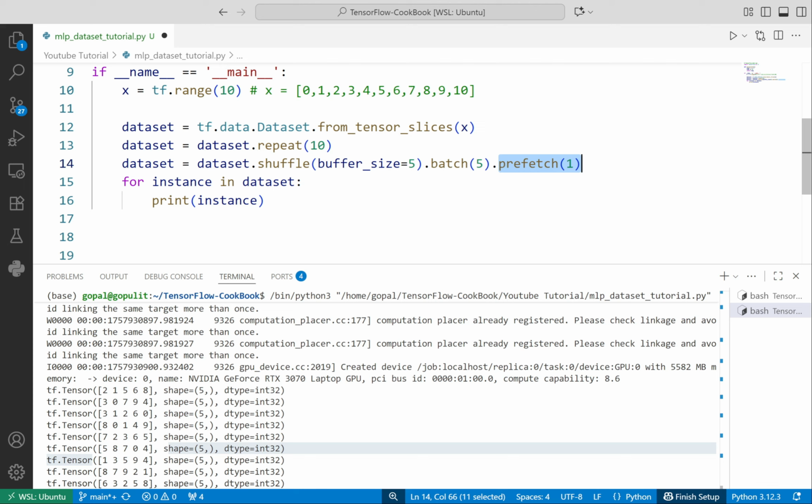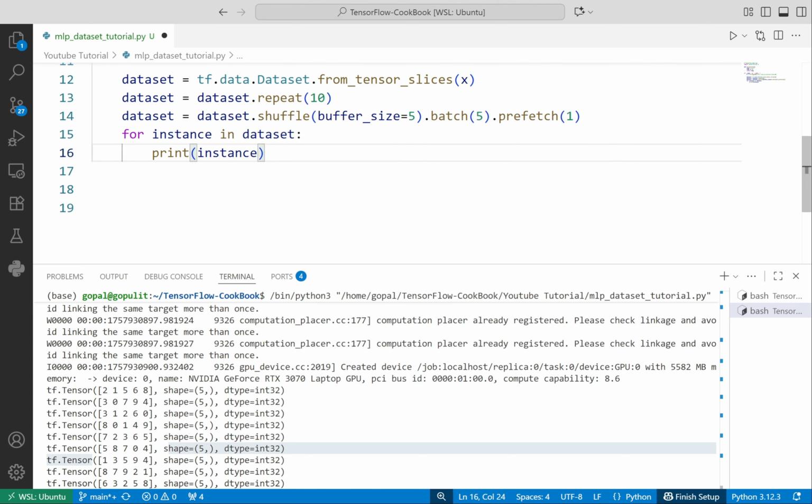We can also use cache, which we will see a bit later, to store the elements in the cache. If you know something about memories, there is also a cache memory stored in the processor, which stores the most likely information. So we can also use cache to store the dataset in the cache as well, to make it much faster.